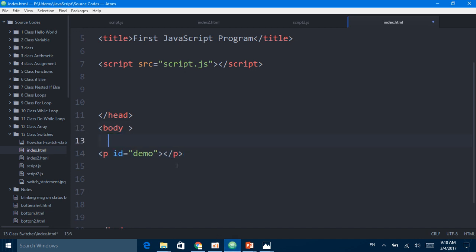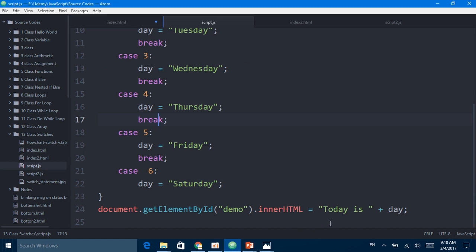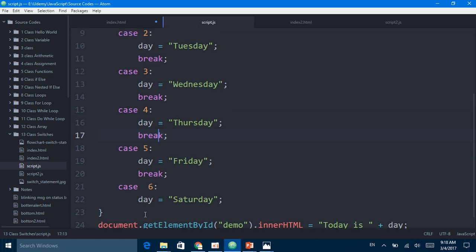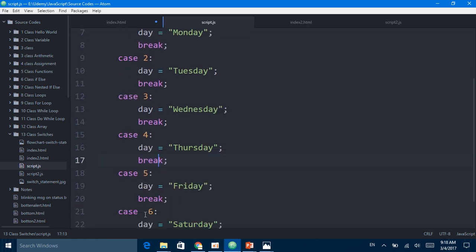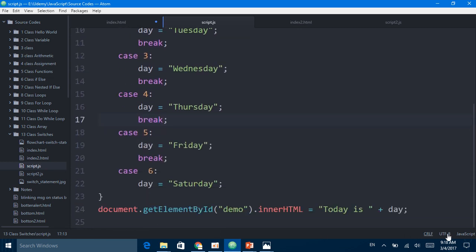I added an ID. Let me give it here. Script index and script. And today, what value